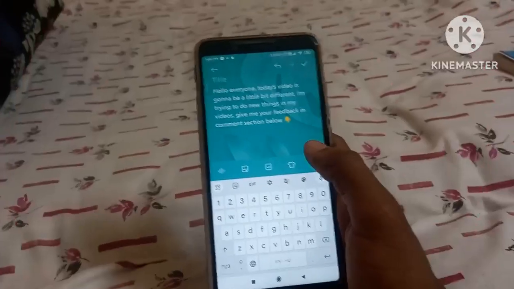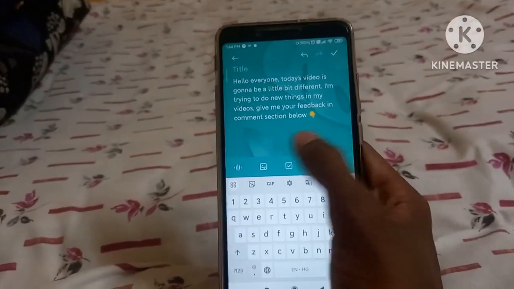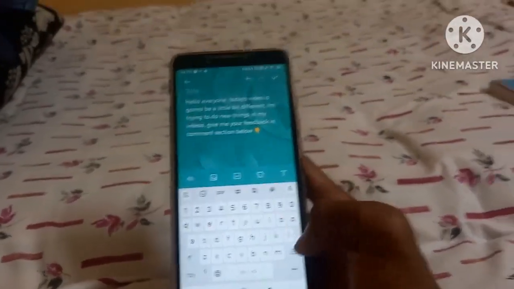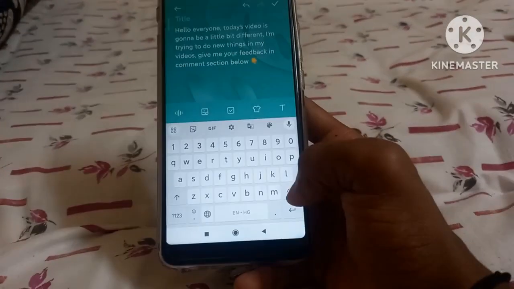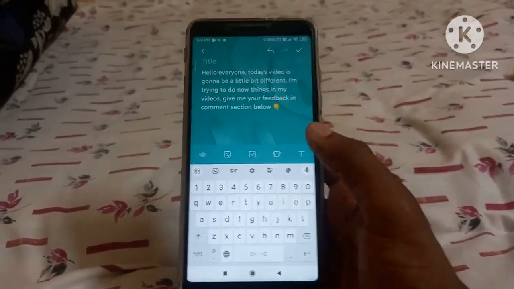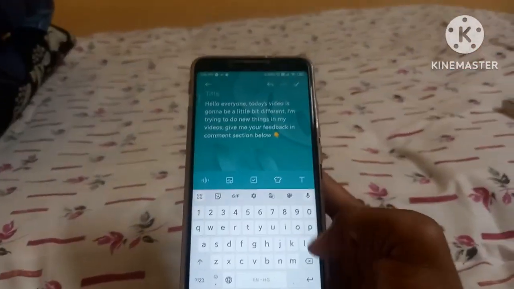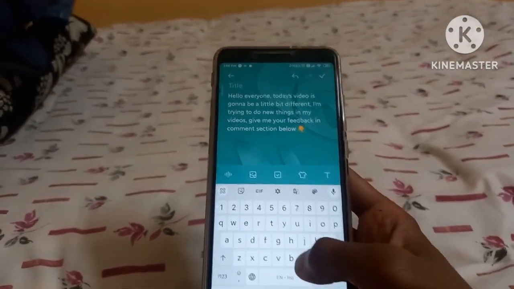Moving forward to the second trick, it helps you to delete a specific text in a very simple way. How? Let me show you. Imagine I have to delete the last two words of this text. So what we normally do is just press the backspace button. No, we shouldn't. Rather than that, just tap and drag on that button.